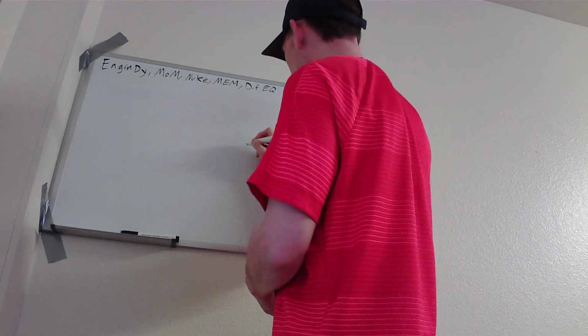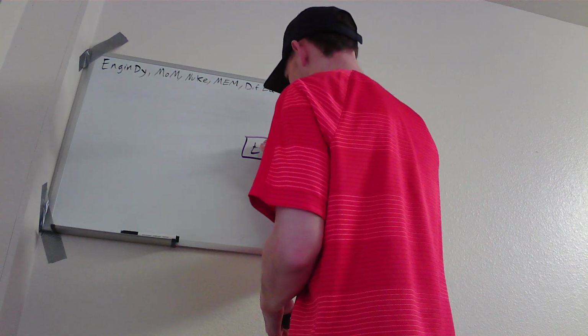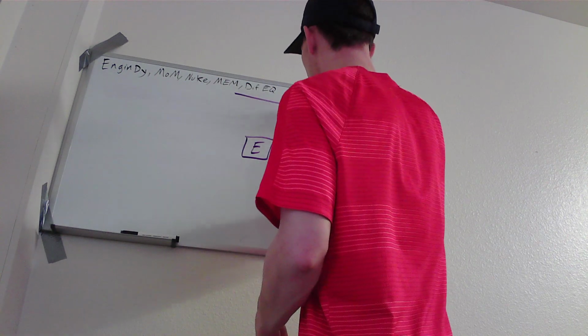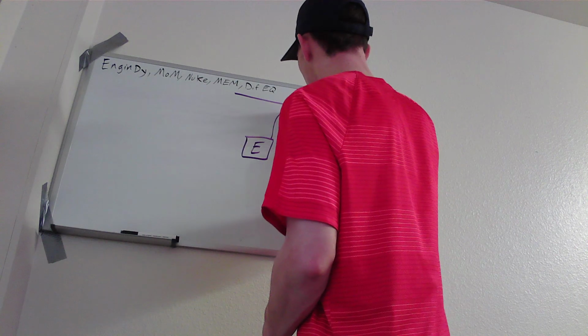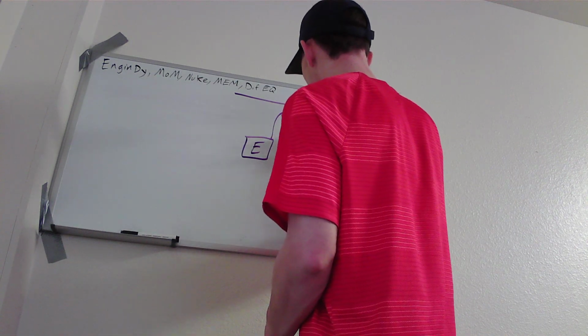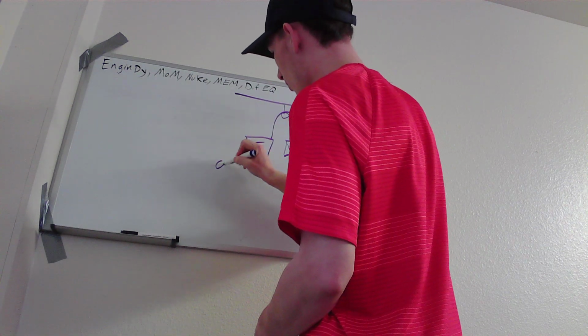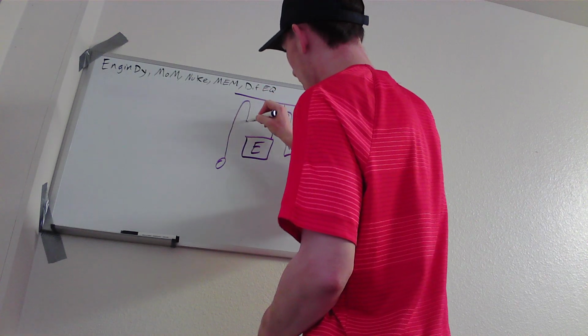So you have an elevator. This is an elevator. I will represent it with E, obviously. You're going to have the roof here. It's going to have a pulley. It's going to be attached to this counterweight. This is going to be the winch. It's going to come up, go around,